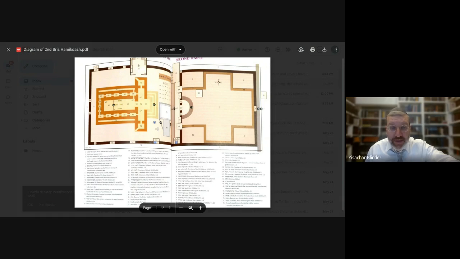The Beit HaMoked, Moked is like a furnace or a fire, and that's because there was actually a fire burning in here. This is if the Kohen needed to warm up because the floor was all marble and they had to be barefoot. So if they got cold, they could come in here in this office to warm up. Okay, so you'll notice there are 4 corners here, and there are 4 offices in these corners.